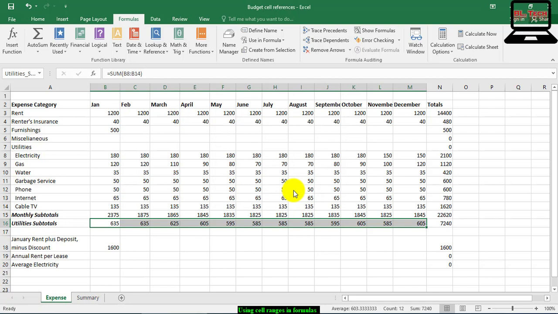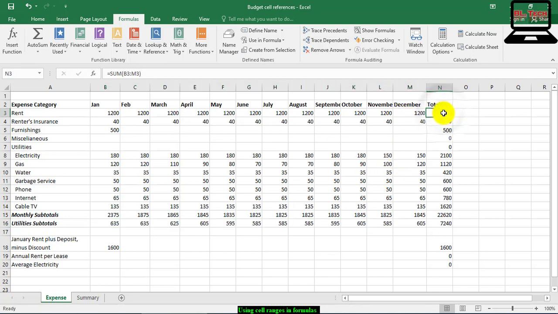A third way to name a range is to use the Create Names from Selection dialog box. Select N2, where is N? Here. N2 to N14. This selection includes the column heading label.